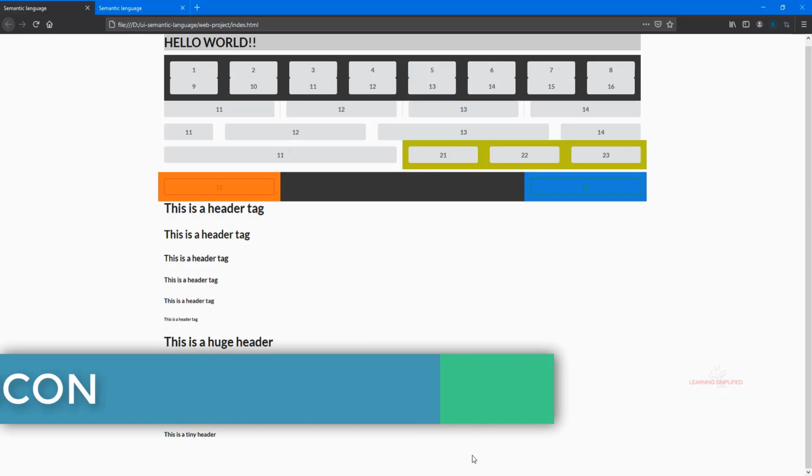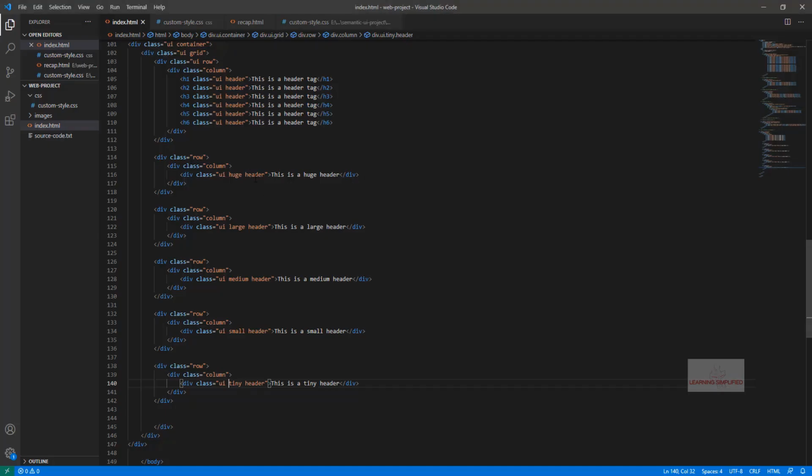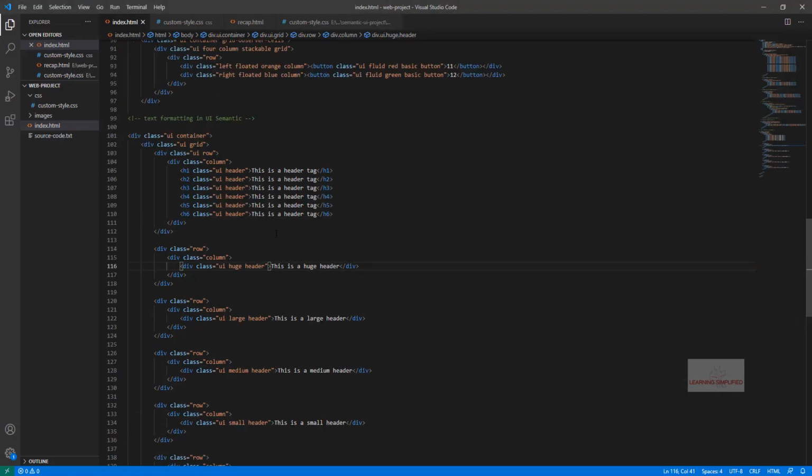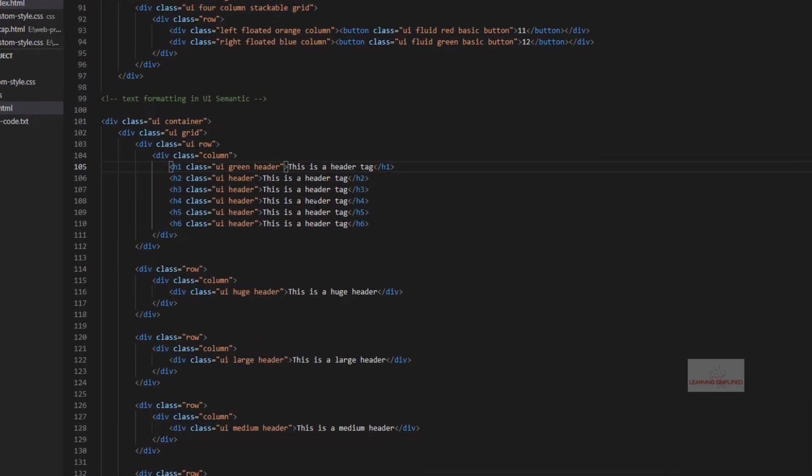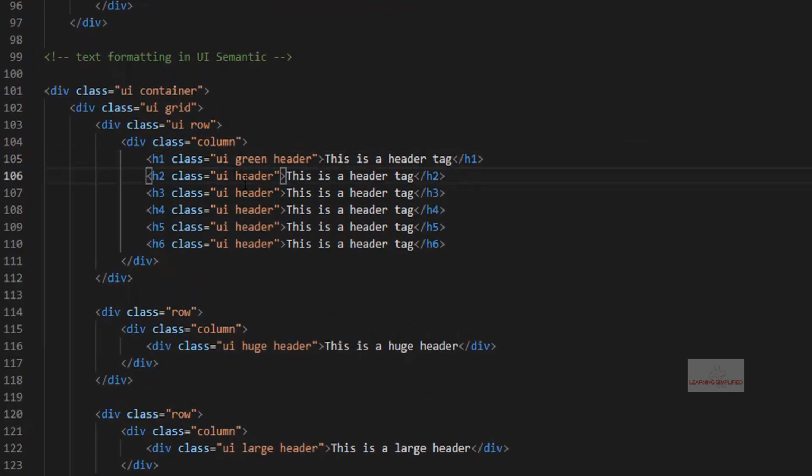So if we now head back to our project, here we can see that all those things are practically header parts. So next we may use some color classes as seen earlier. Now this is the green color. In the next case, if we use this red color class, in the next case if we use this blue,